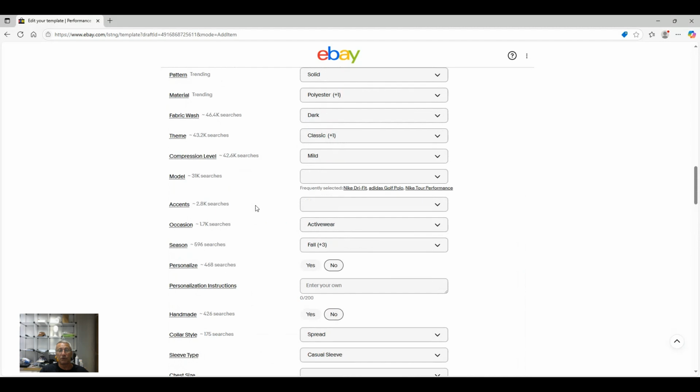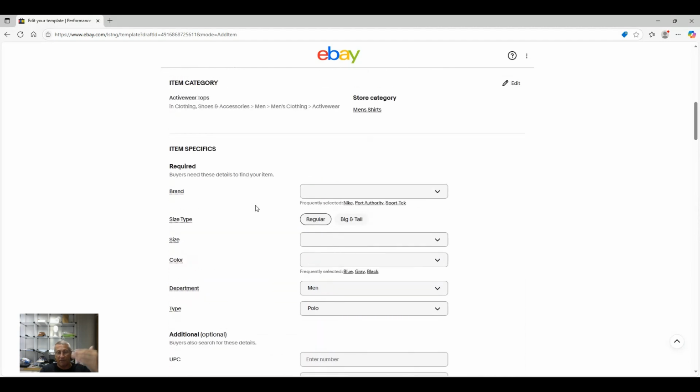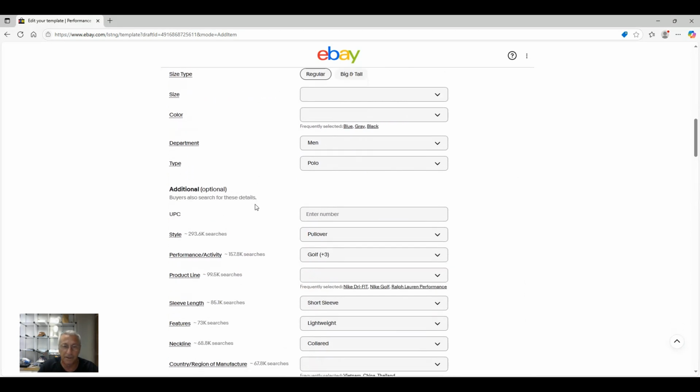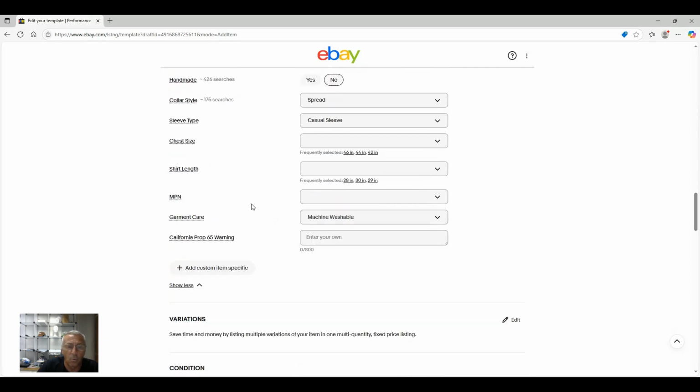Okay. Now you see I've got the main body. I've got a good 80% of this shirt filled in already. And this is the type of shirt. If I had 10 of these different shirts, different colors, different styles, different brands, this template fits for it. Okay. Now,